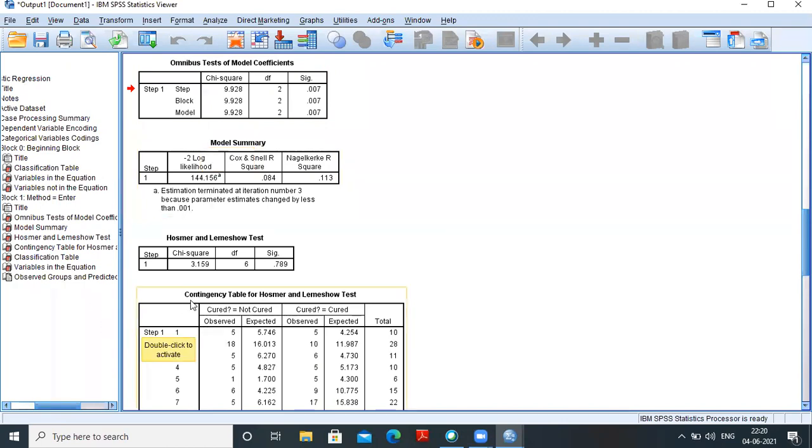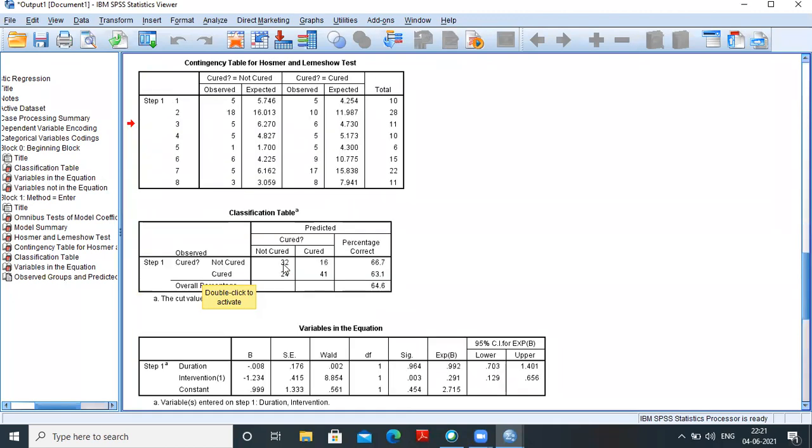The Hosmer-Lemeshow test is one kind of goodness of fit, like the coefficient of determination we take in multiple regression. Here the value is 3.159. Testing of the coefficient of determination, which we do with the F-test in multiple regression, here uses chi-square, and the SIG value is 0.789, which shows that the model is not significant.